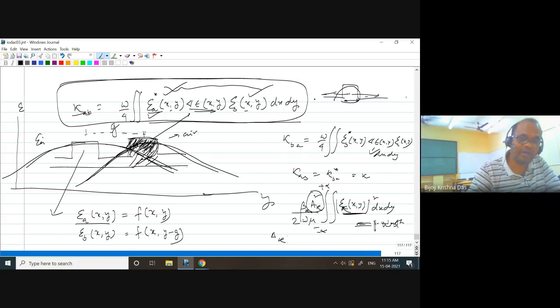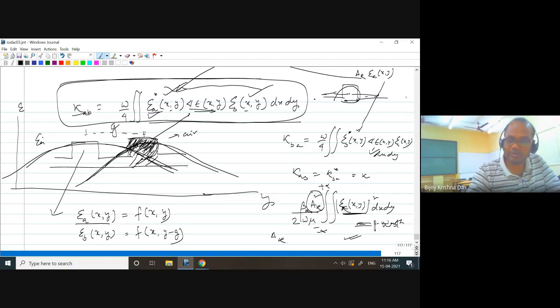And once you find AK, you can consider that if this is your calculated value for the waveguide, then you multiply by AK, whatever value you compute from this equation, and that can be used here or here as a normalized value. AK should be multiplied and then used, and then I calculate kappa AB. I hope it is clear how to calculate kappa. If you have software to solve the field distribution, and I ask you to calculate kappa in this particular case, you should be able to calculate it.